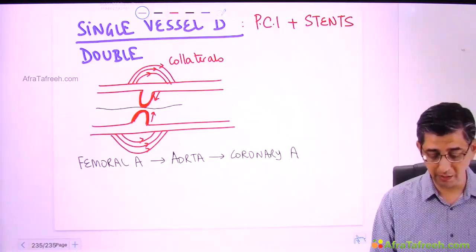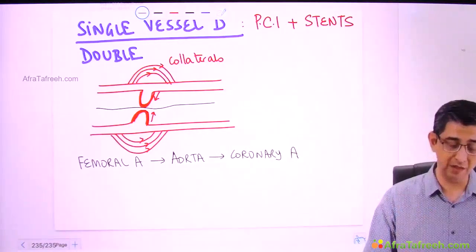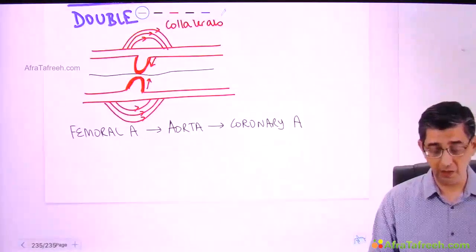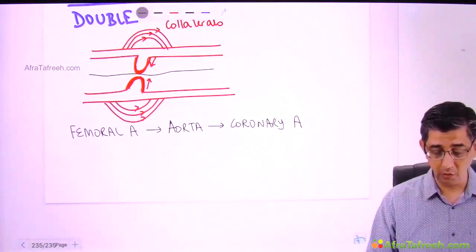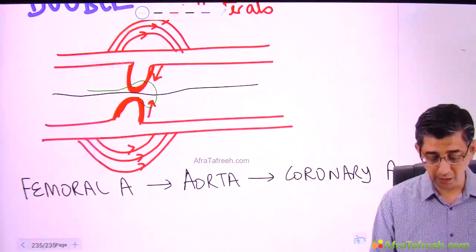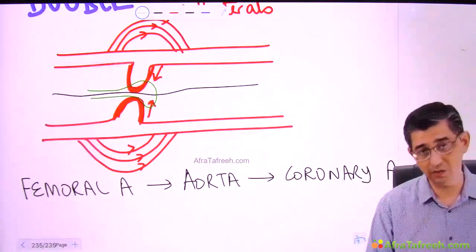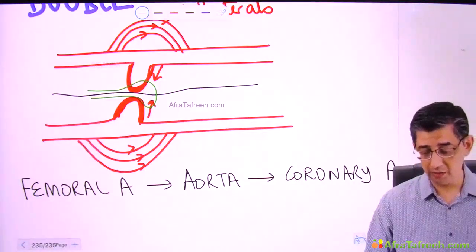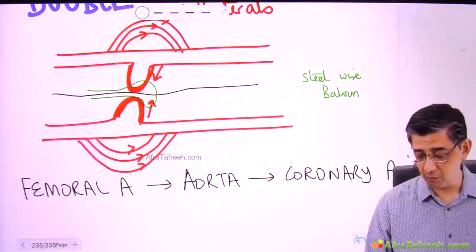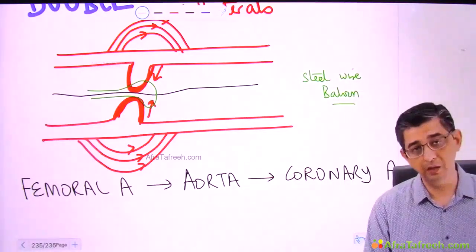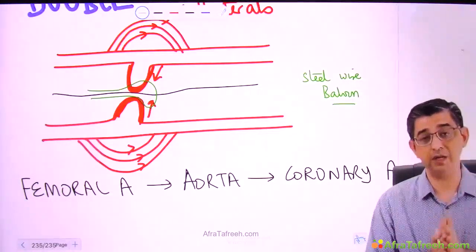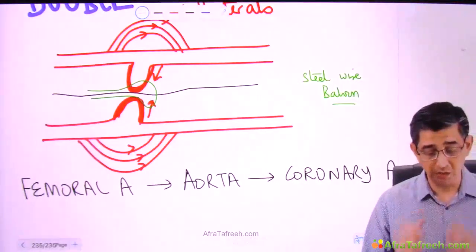So let us assume this black line to be the guide wire in place at the site where the fixed obstruction is present. Once the guide wire is at the correct site, we are going to deploy a balloon over this. Now you don't need to draw this, just follow what I'm saying. This will be a steel wire reinforced balloon that might be inflated with a pressure as high as 18,000 millimeter of mercury. The moment I deploy this balloon, the pressure generated will physically destroy this atherosclerotic plaque. Though the balloon will be deployed only for a fraction of a second, the pressure generated will be sufficient to destroy this atherosclerotic plaque.